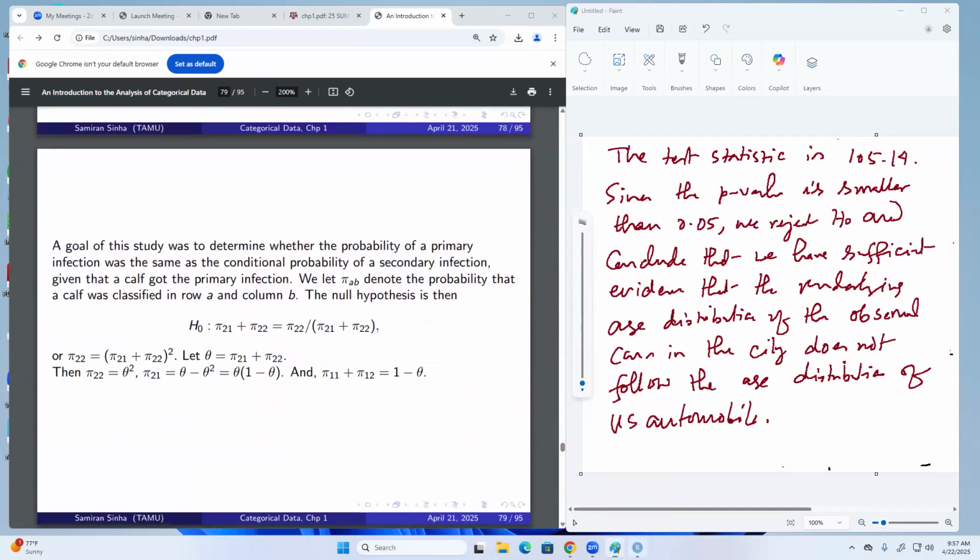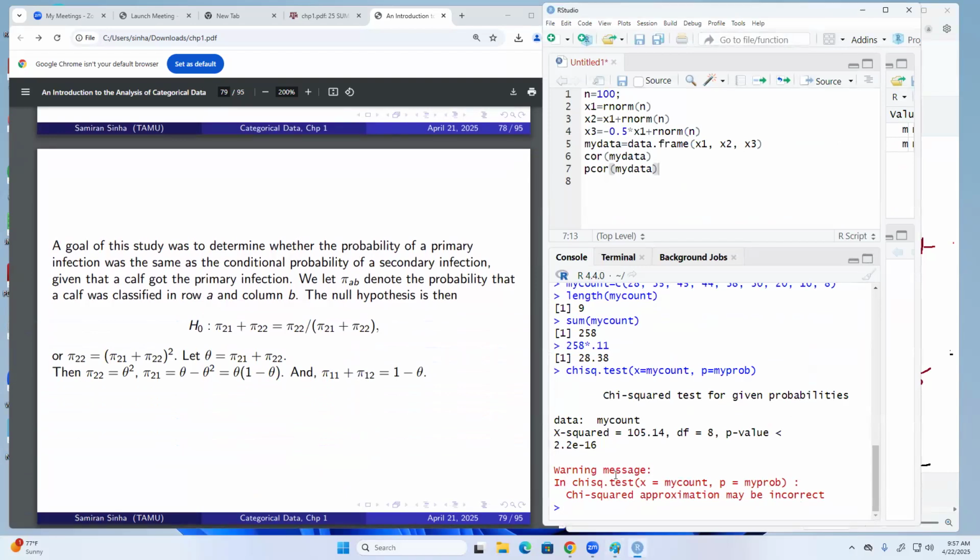Okay, now another thing you have seen is that we are getting warning messages. Another thing, degrees of freedom is 8. Why? Because there are 9 categories, 9 mutually exclusive categories. So the degrees of freedom of the test statistic will be the number of categories minus 1, 9 minus 1, 8. Now, this approximate chi-square test is valid